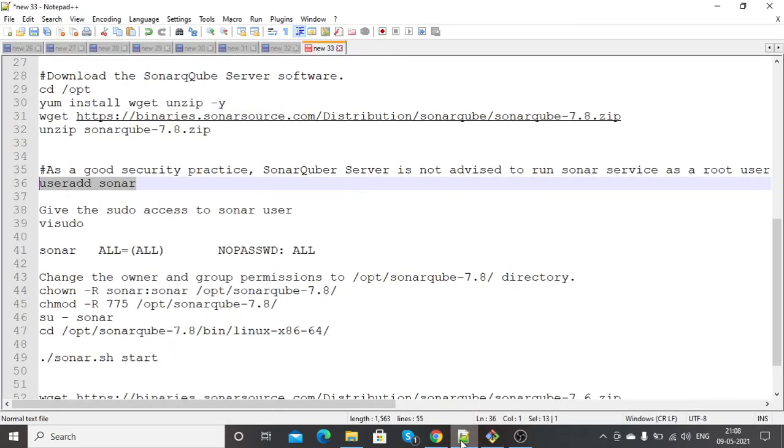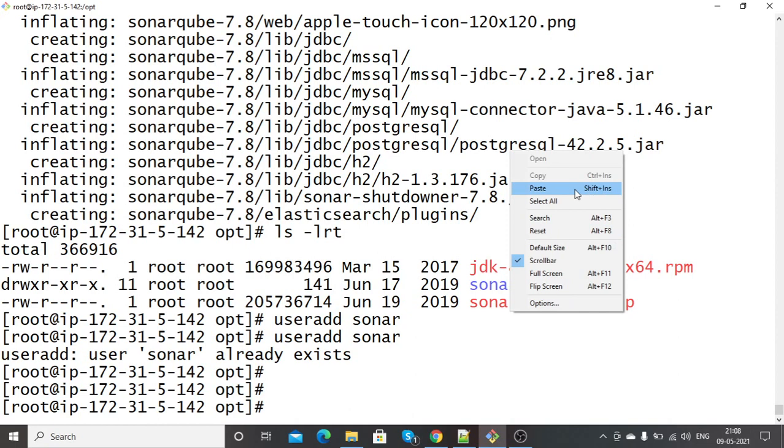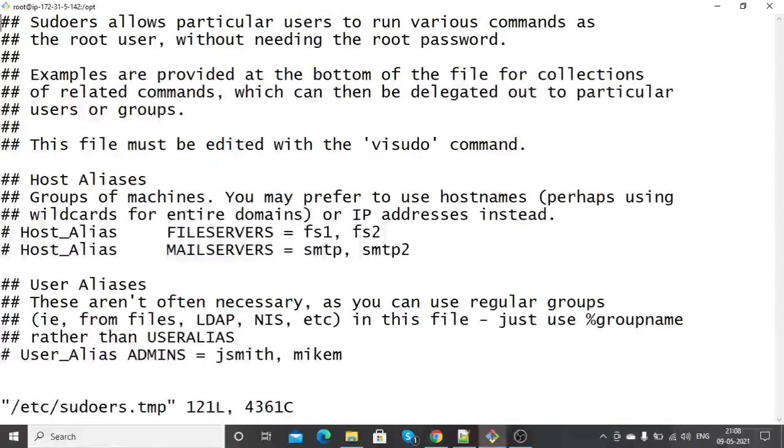Now what you need to do, we just update something to get the sudo access for the Sonar user. Search root.